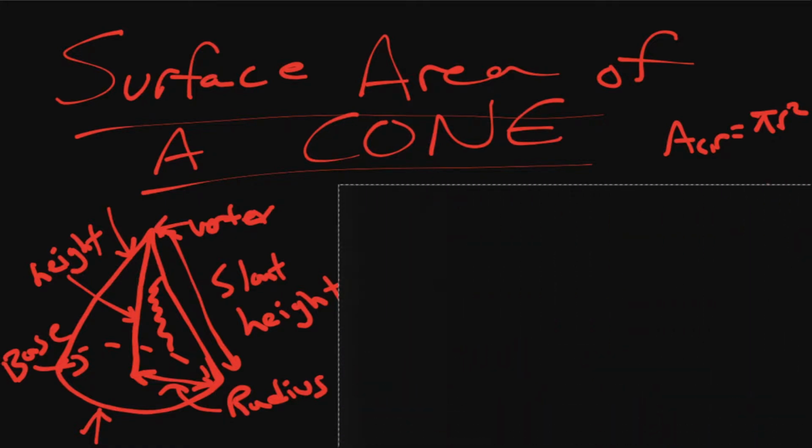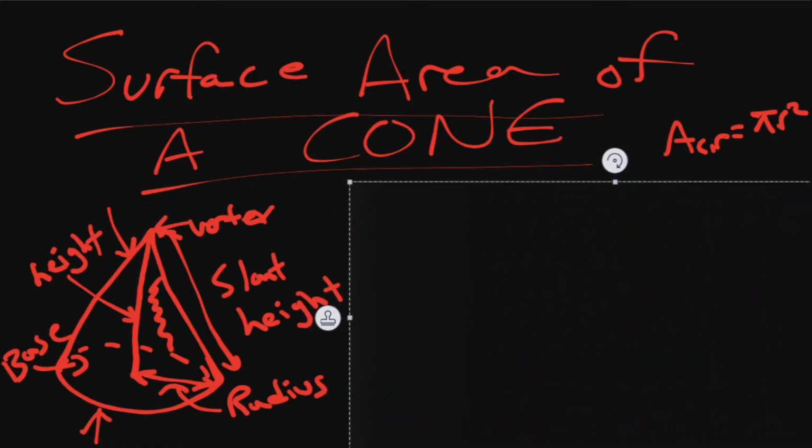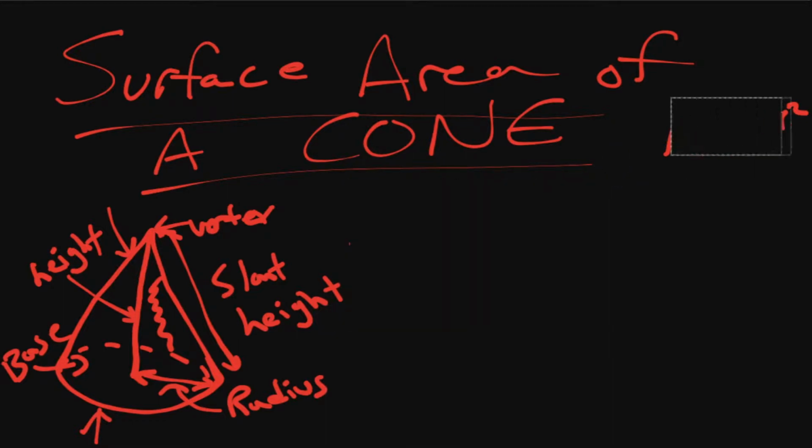I did it for fun because I'm a little weird, but if you just remember that the lateral area is equal to pi r s, s being the slant height, r being the radius of the base, and then that's exactly how